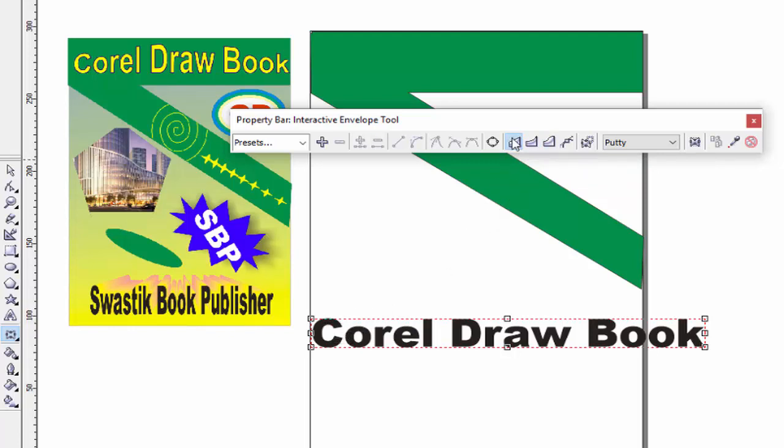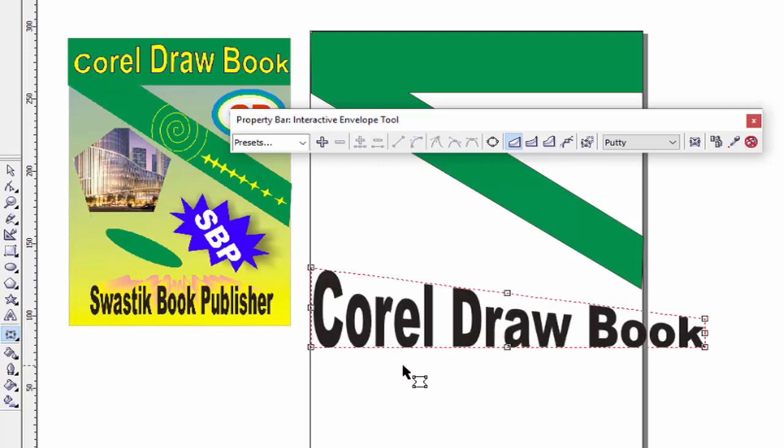When you click on this option, envelope straight line mode, you will see there are some nodes here. Drag your mouse button here, pick up or down. Like that you can give shape with this envelope tool.